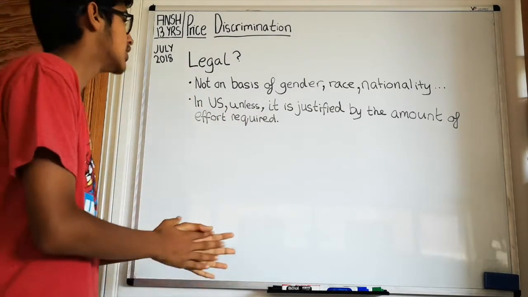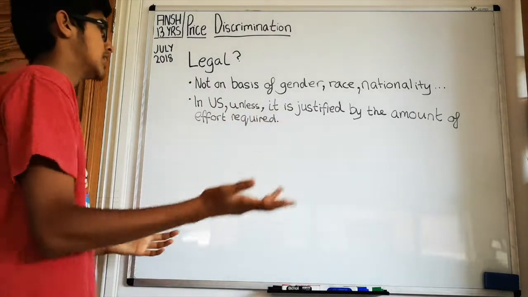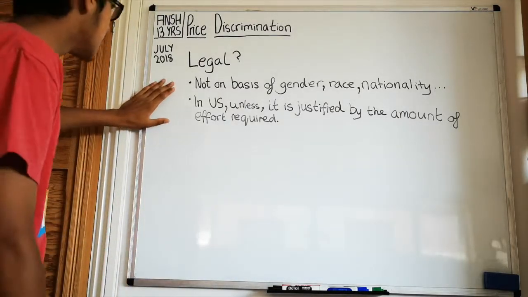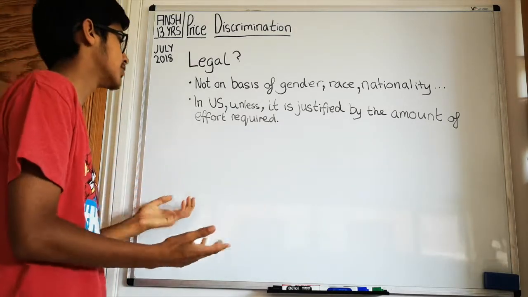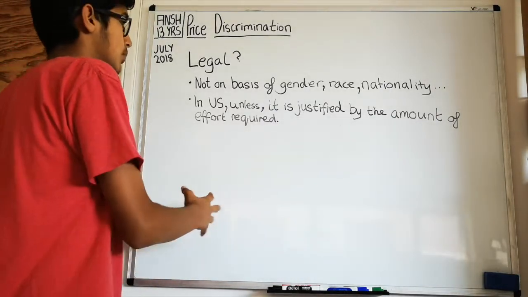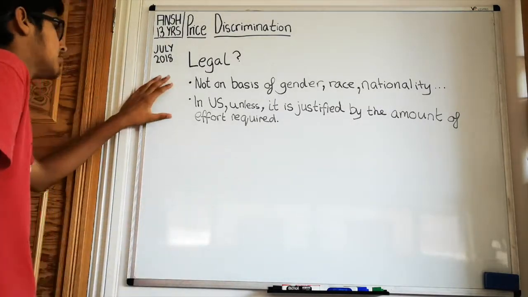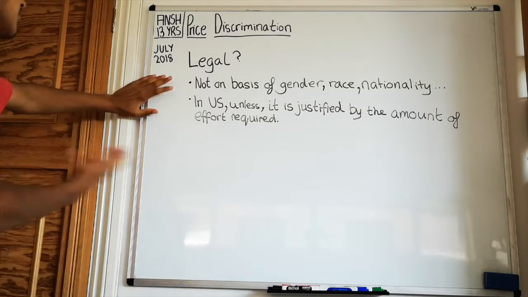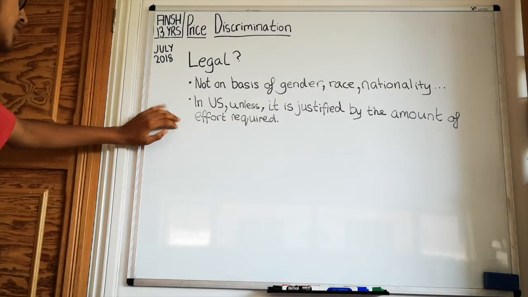For example, you can't charge more or less for women's or men's haircuts, and you can't charge more or less for women's and men's clothing to be dry cleaned. But the only way you could do this is if you've justified that it's harder to do so. For example, if the woman's clothing is often more elaborate and has fabric that, I'm pretty much making this up here, would be harder to dry clean, and whatever the conditions. But if you can justify this, then only you would be allowed to discriminate on the price